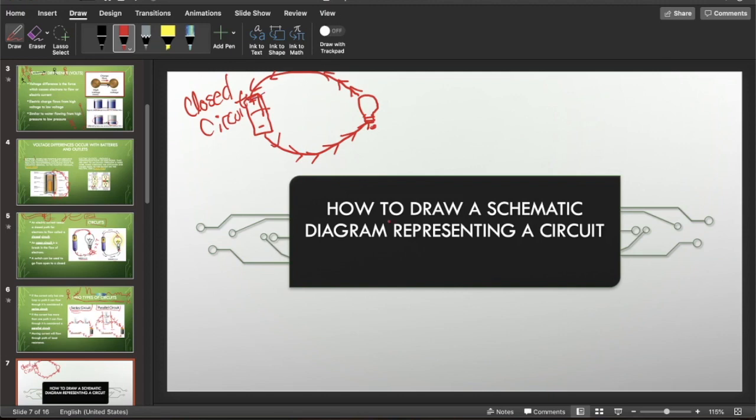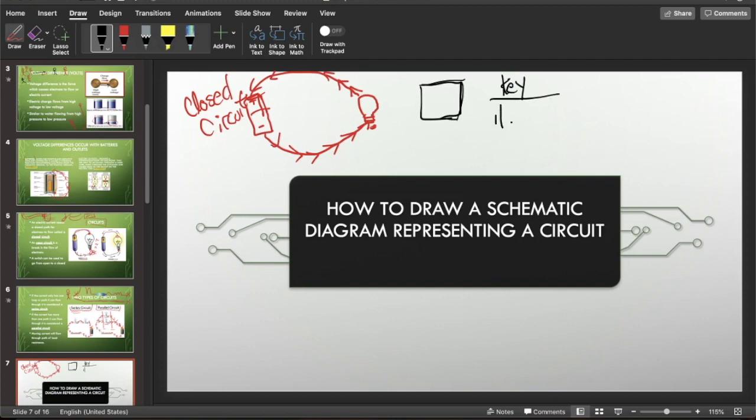So how would we draw an actual schematic diagram of this? And the nice thing is that it's relatively simple. The only thing that you really need to remember are a couple of different key items that are going to be represented like a map key. Actually, I'm just going to do your key right here. All right, so your key,